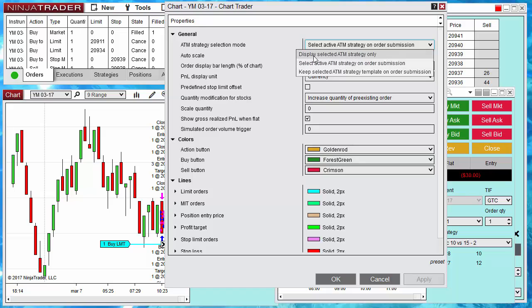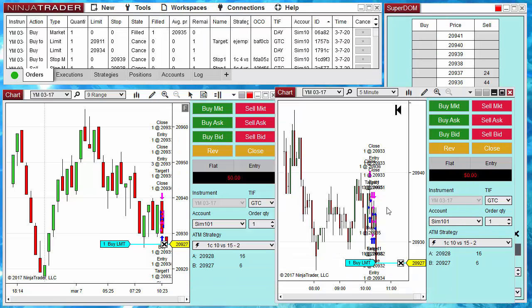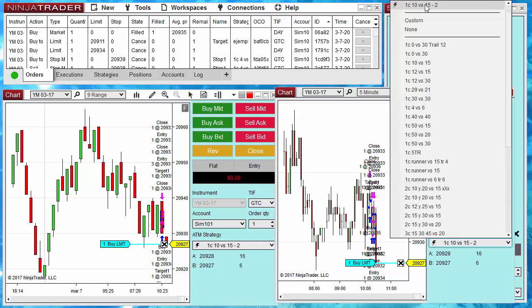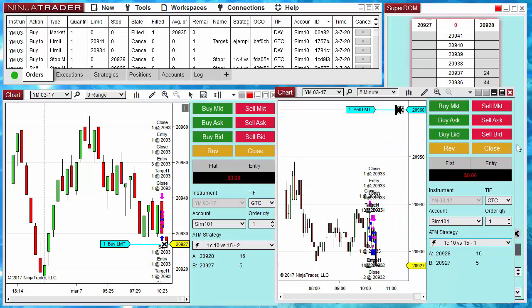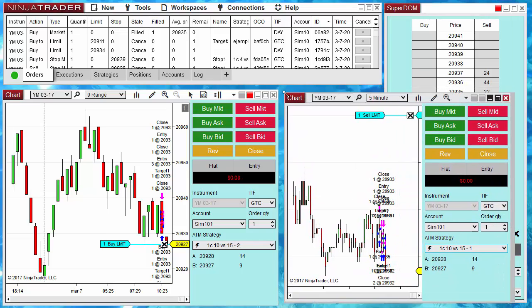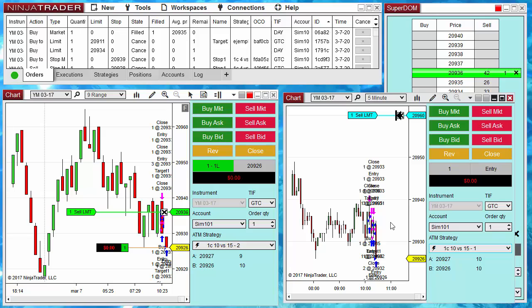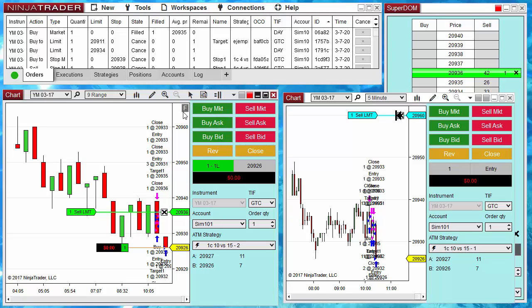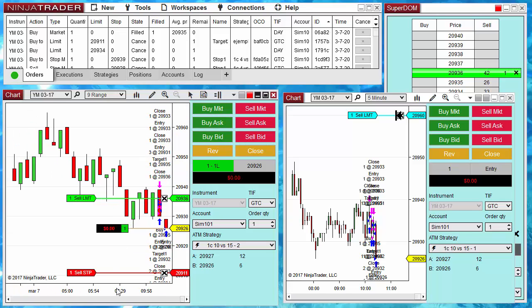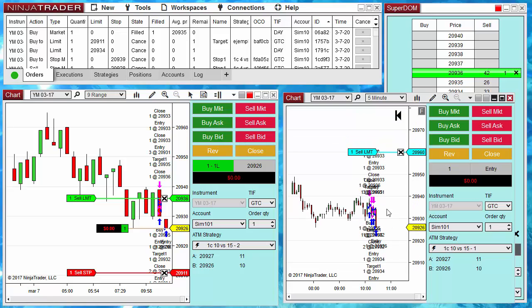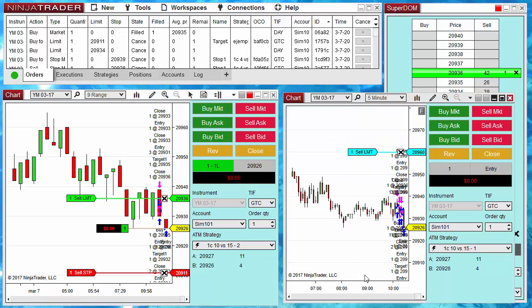We select display only the selected ATM. And now it only shows the orders corresponding to the ATM selected. So now we have a short on one chart and a long on another chart. Order filled. We just got a fill on the long entry, on the long order, and we can see it also places the target and the stop. On the second chart we don't see anything because there are no orders